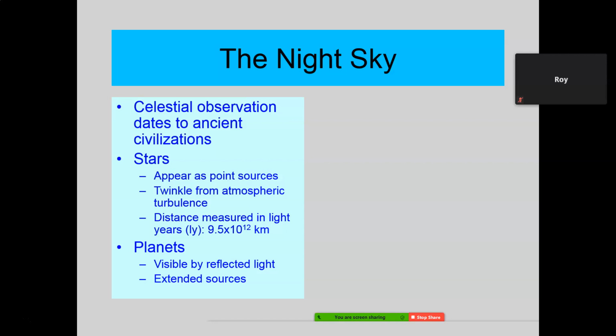That would be 3 zeros is 1,000, 6 zeros is 1,000,000, 9 zeros is 1,000,000,000, 12 zeros is 1,000,000,000,000. That would be about 6 trillion miles is how far 1 light year is. So light year is a measure of distance, not a measure of time. It's a measure of distance. About 6 trillion miles is how far light travels in a year.